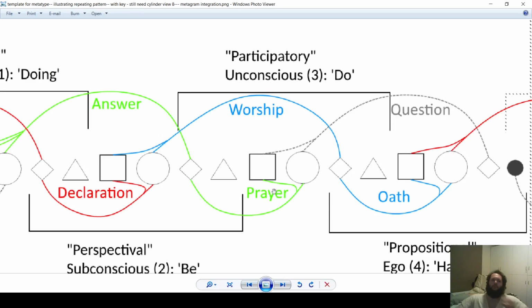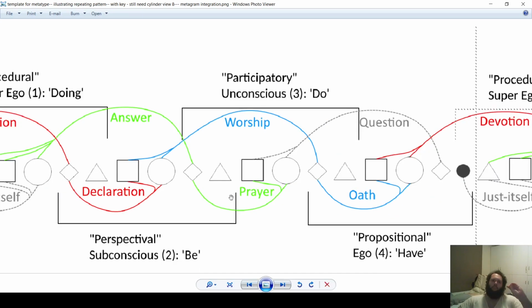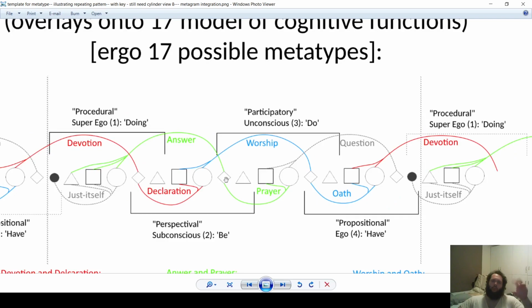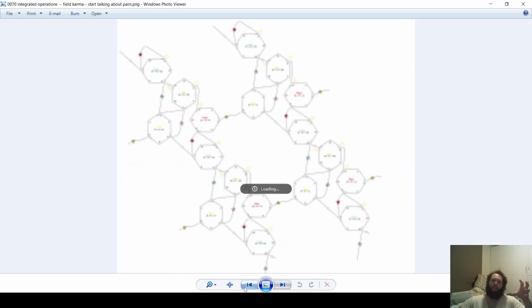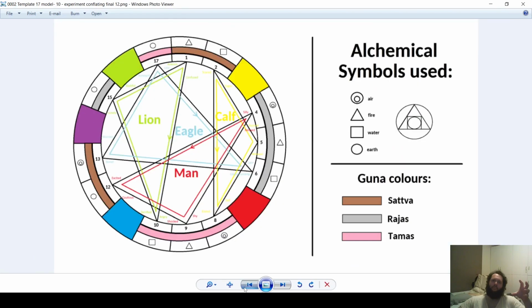The thing that I want to describe here is that within metagram circuitry, the emotional tone in the primary counteroffer is always going to be opposite the emotional tone in the emergent response. So if I just look at any of these field circuits,